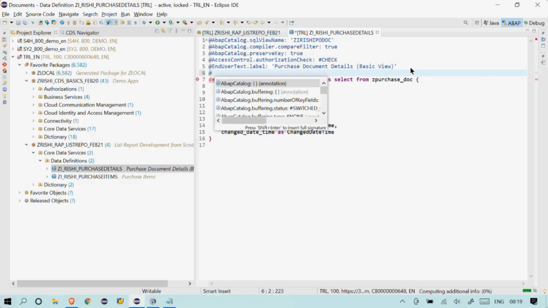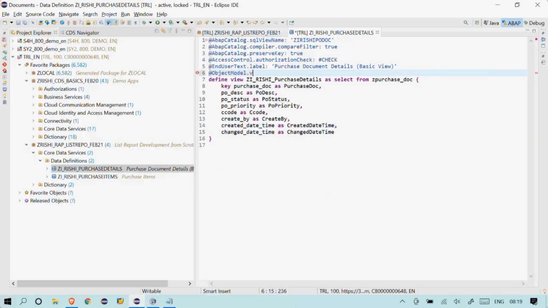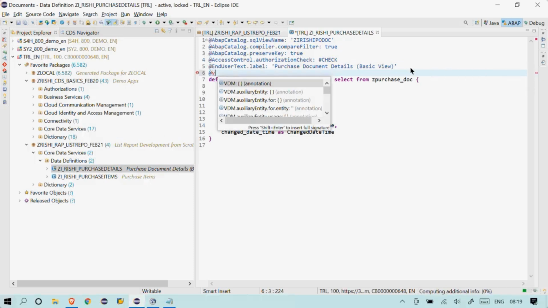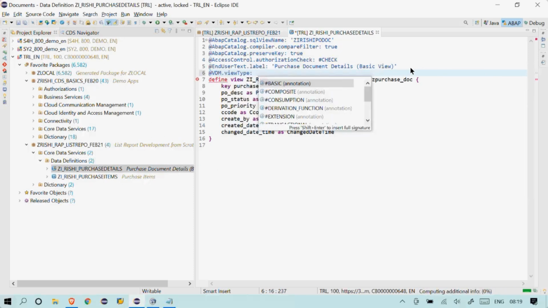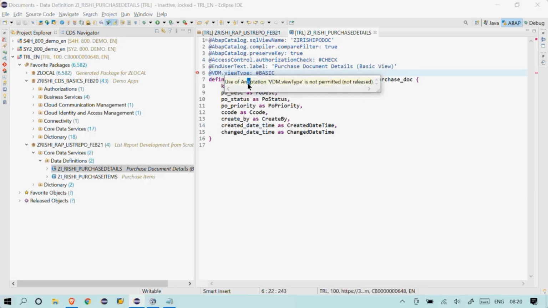Okay, so I'll say object model, or else VDM dot view type, control space, basic, save. So if you observe here, I'm getting the message that the use of annotation VDM type is not permitted, so it's not yet released in the cloud.